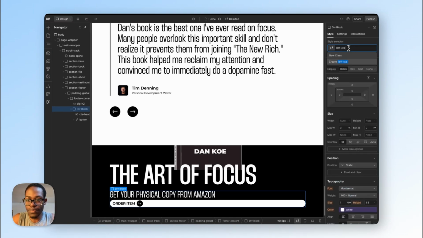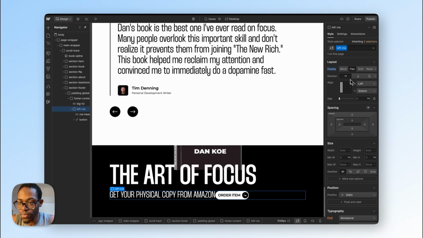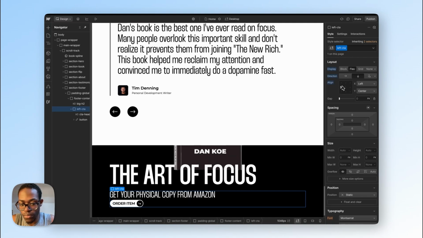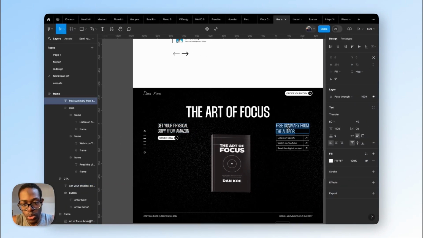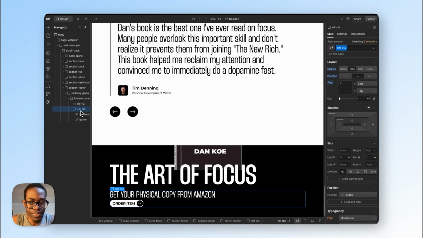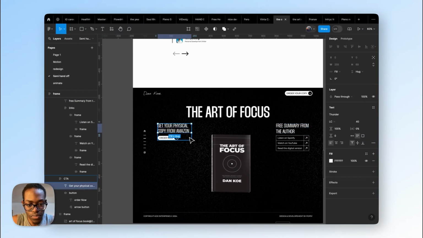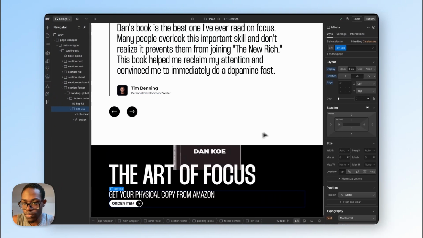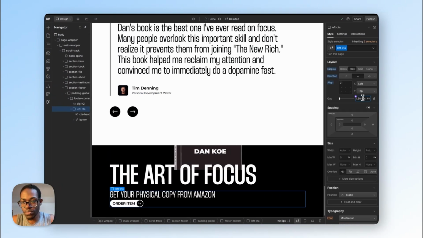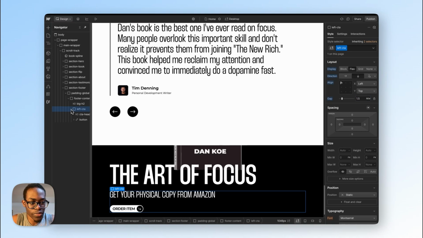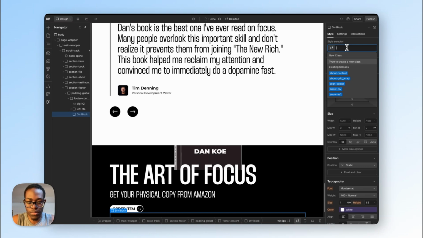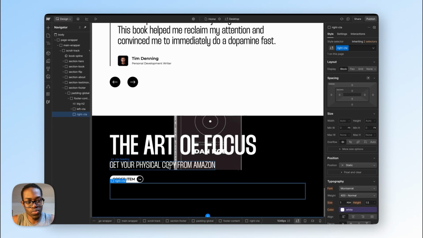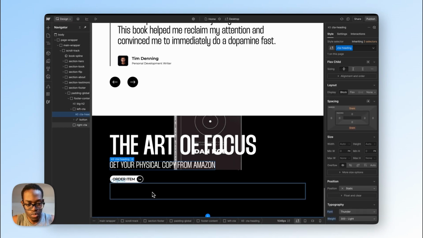Left CTA. Okay, we have right CTA as well. Free summary from the altar. Free summary from the altar. Free summary from the altar. Yup. Maybe write it here. Basically,